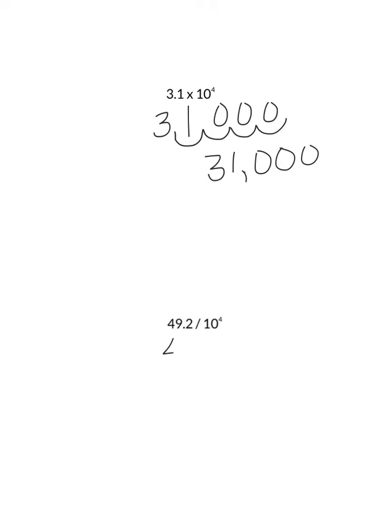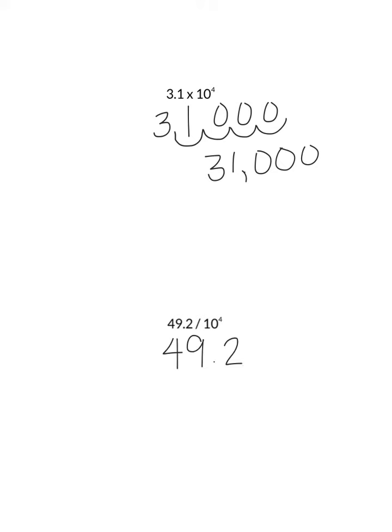And our last two problems here, we've got 3 1/10 times 10 to the fourth. So we're going to pick up our decimal point and we're going to go over 1, 2, 3, 4. Put in our placer zeros. So our final answer for that one is going to be 31,000,